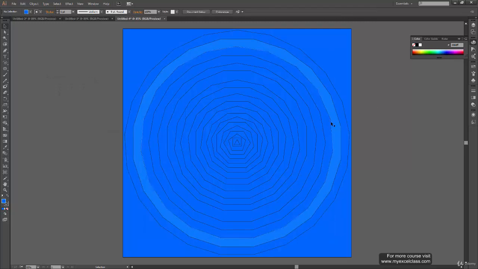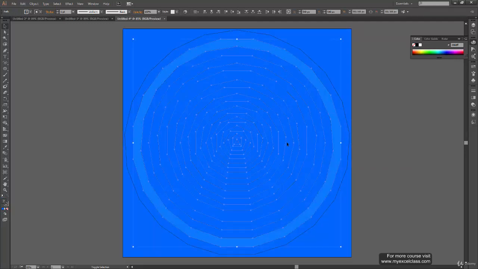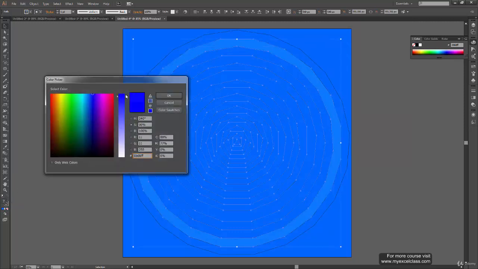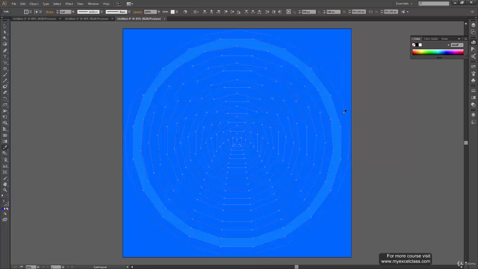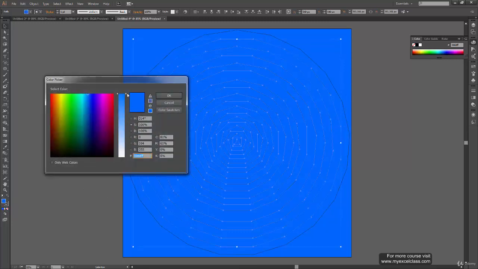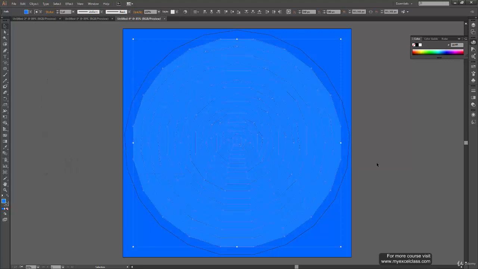Right now there isn't much, so what you can do is select all of them, deselect the outer two polygons and the third one, and now drop the color value a bit on this one, add a little bit of white in the color and press OK.